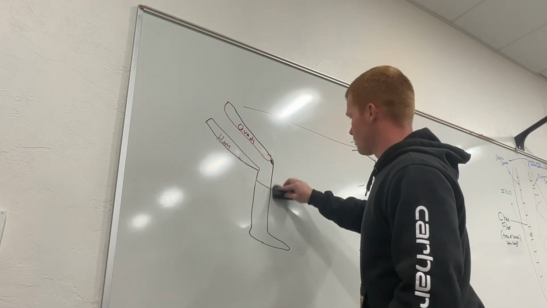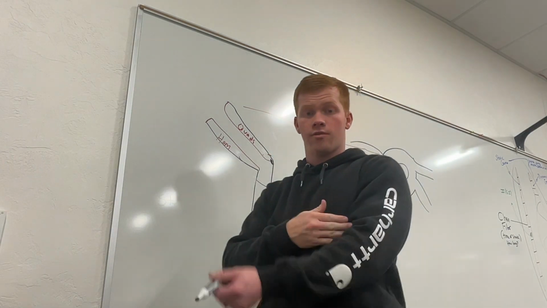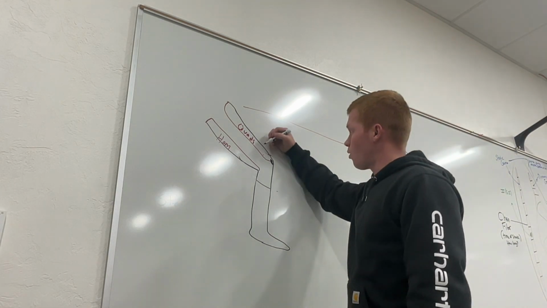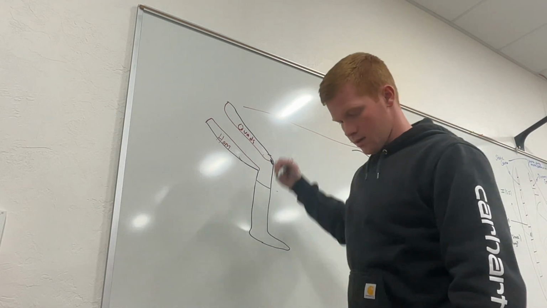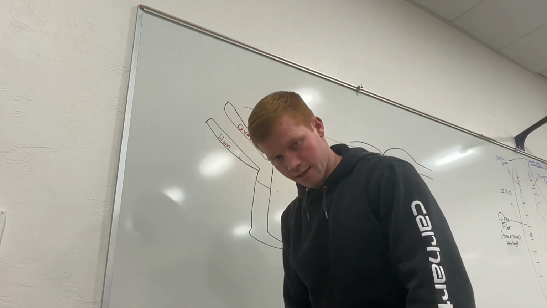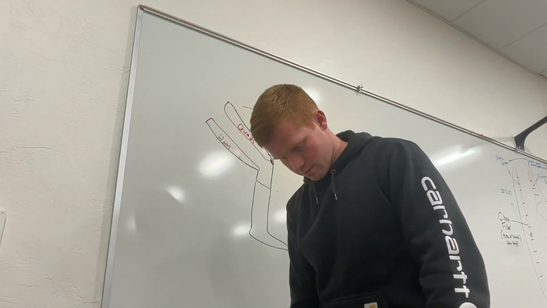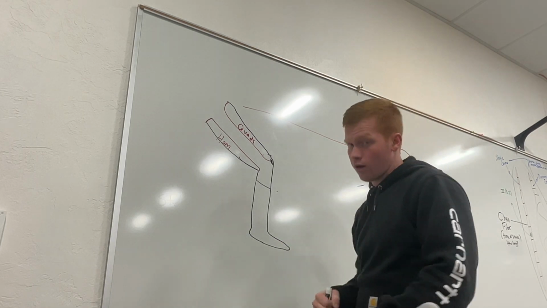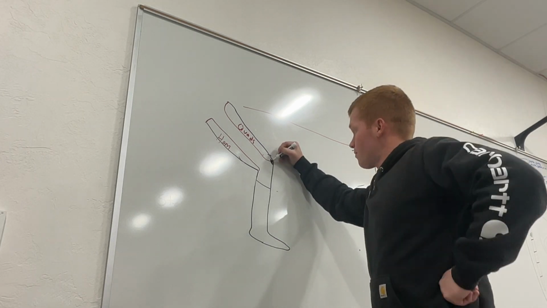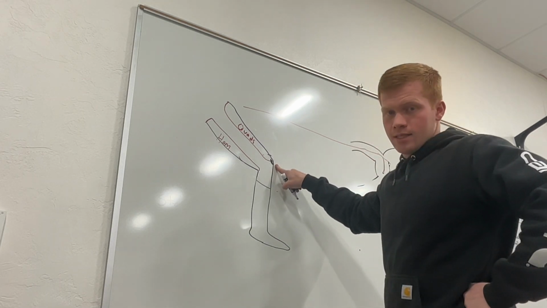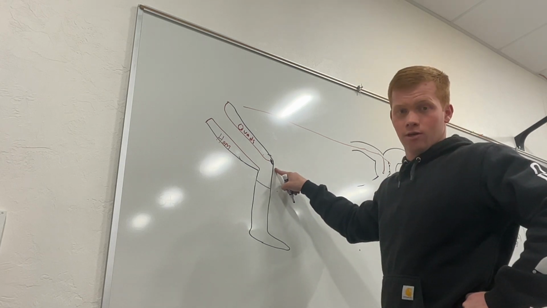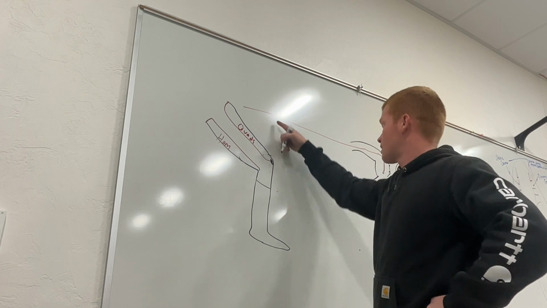So let's say you're lifting something really heavy. Muscles are strong enough where they can hurt your bone, rip it off, break it. So let's say the quads, you're deadlifting, you're trying to lift something up, and the quads are really contracting, and you're lifting a lot of weight, and the sensory here is like, hey, this is too much. We're about to hurt ourselves. So it's going to send a signal,